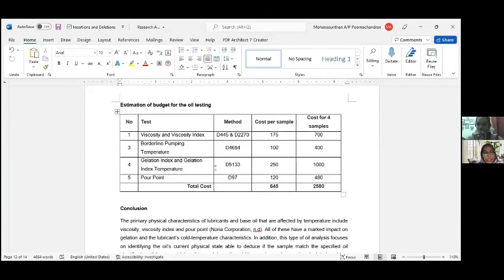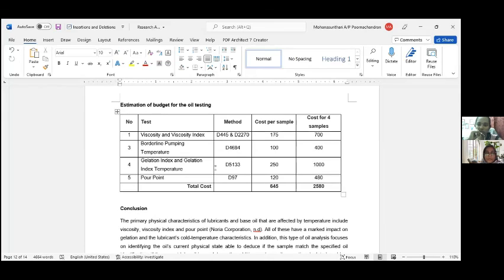For pumping temperature, the cost would be 100 each and 400 for 4 samples in total. For the gelation index and the index temperature, it will be 250 each and 1000 for 4 samples. This one is quite expensive. And the pour point is 120 each and 440 for 4 samples. So in total we would need like